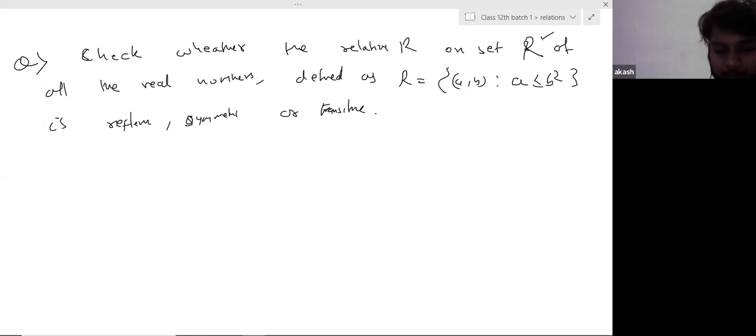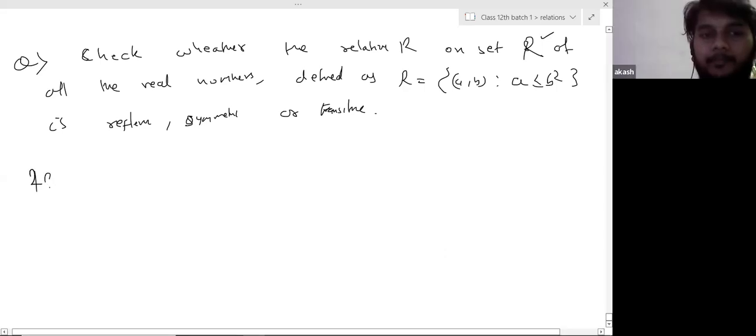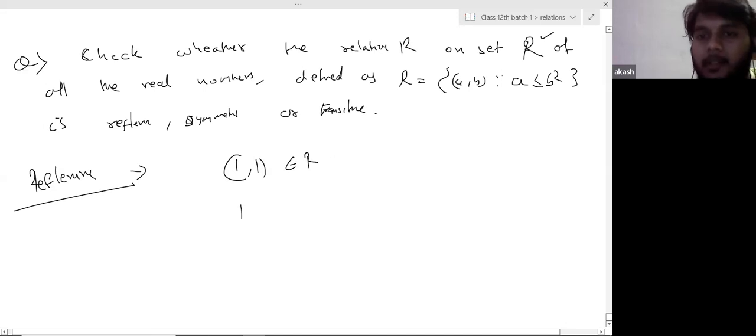Got the answer, Ronaldo? Yes, sir. What is the answer? Sir, R is reflexive but not symmetric and also transitive. All right, let's see. If I write 1, 1, this belongs to R, right? Because 1 is less than or equal to 1 square. So this is absolutely right. But